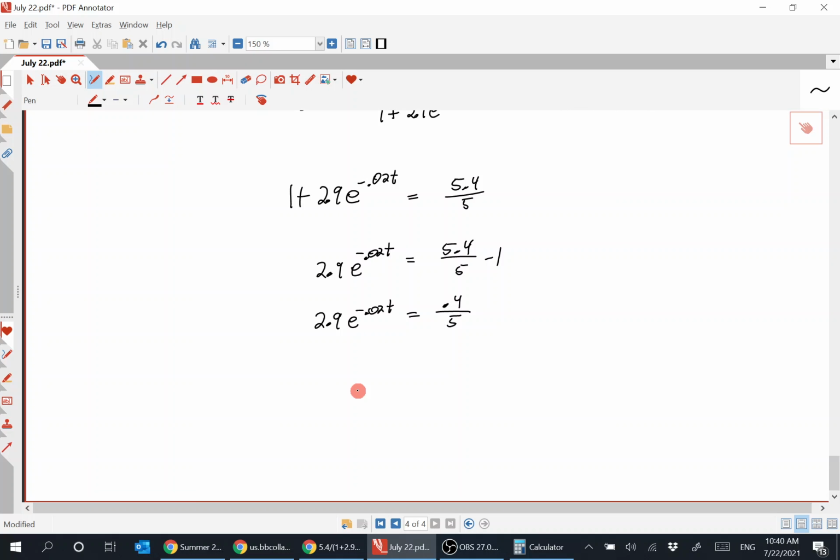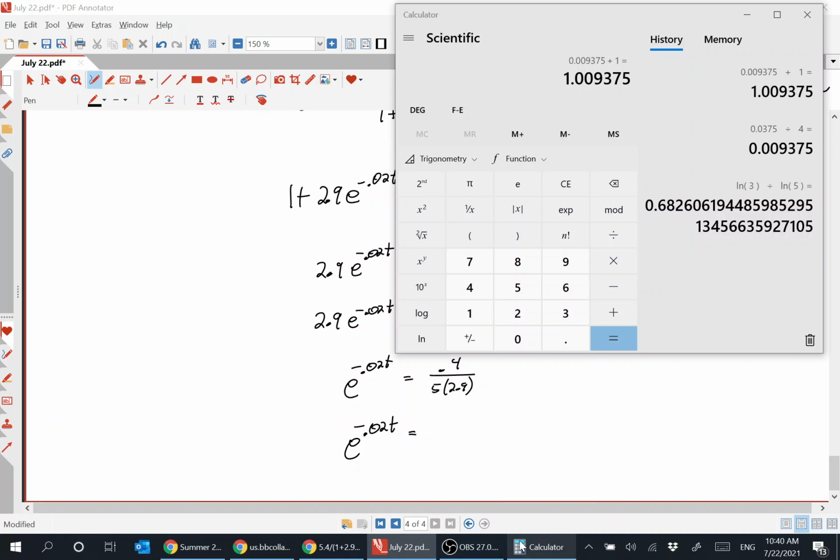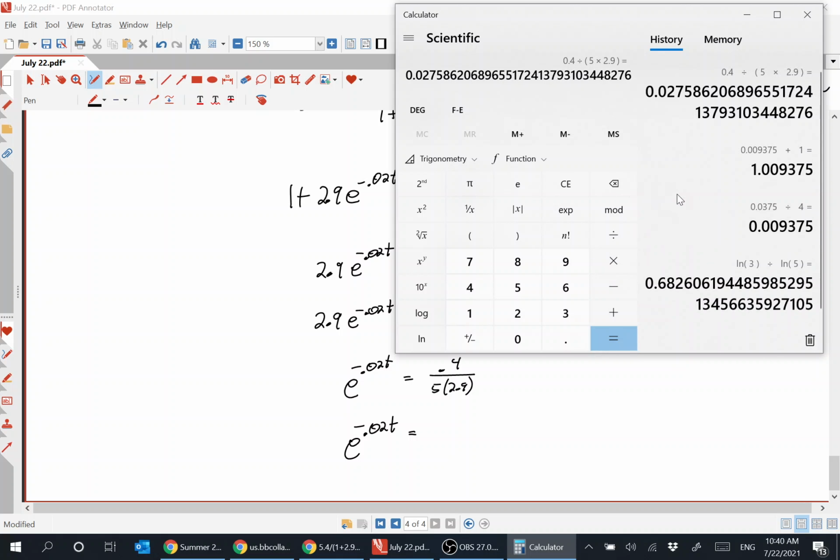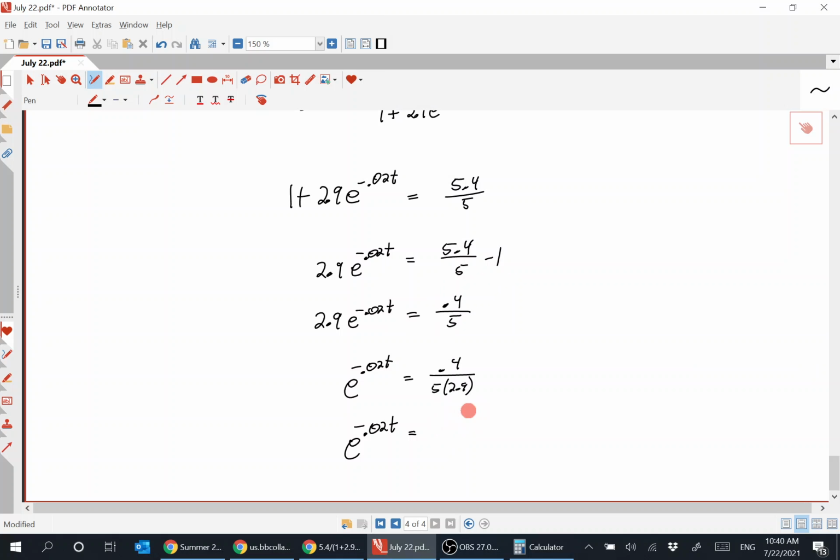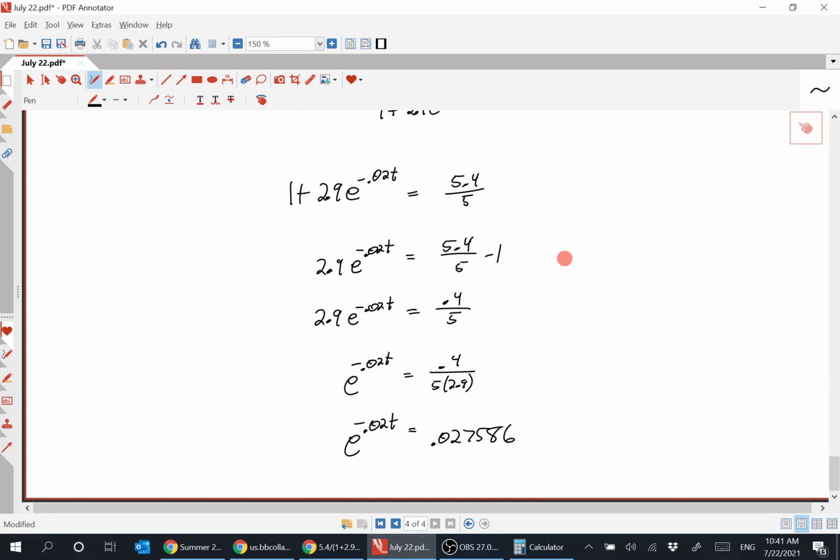Divide both sides by 2.9. So e to the minus 0.02t is equal to 0.4 over 5 times 2.9. 0.4 divided by 5 times 2.9. So 0.027586. Okay, so